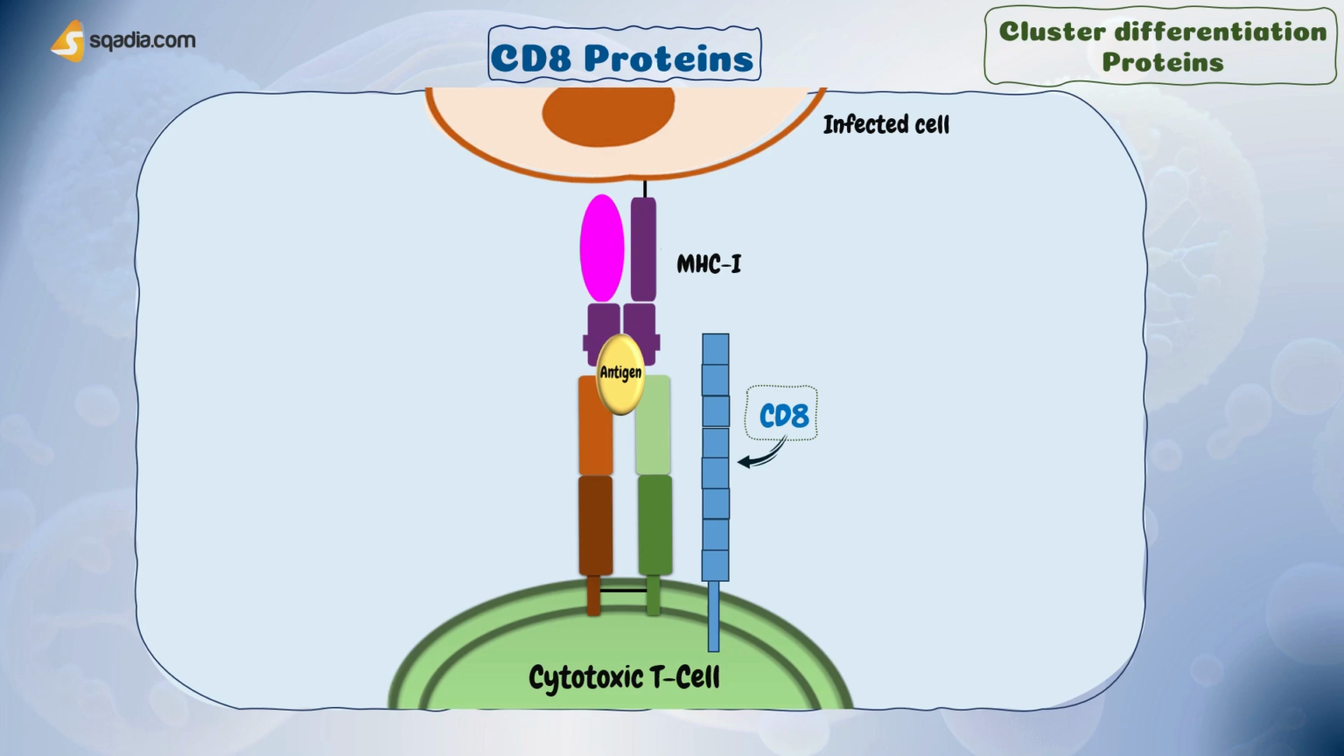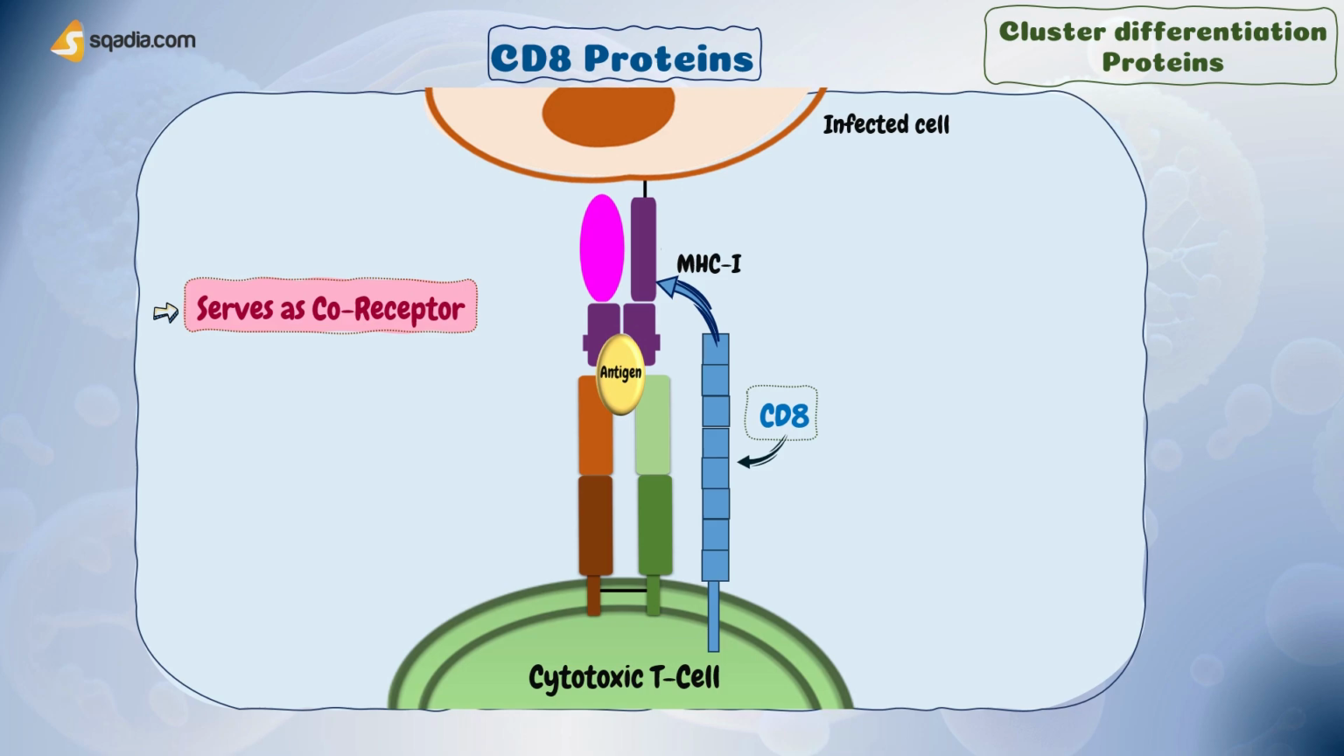This interaction helps stabilize the association between cytotoxic T cells and target cells, facilitating the recognition and destruction of cells displaying foreign antigens. This CD8 also acts as a coreceptor alongside the T cell receptor, just like CD4. But it is present on cytotoxic T cells, unlike CD4, that are found on helper T cells. It enhances the binding of the TCR to the antigen MHC1 complex, leading to stronger and more specific T cell